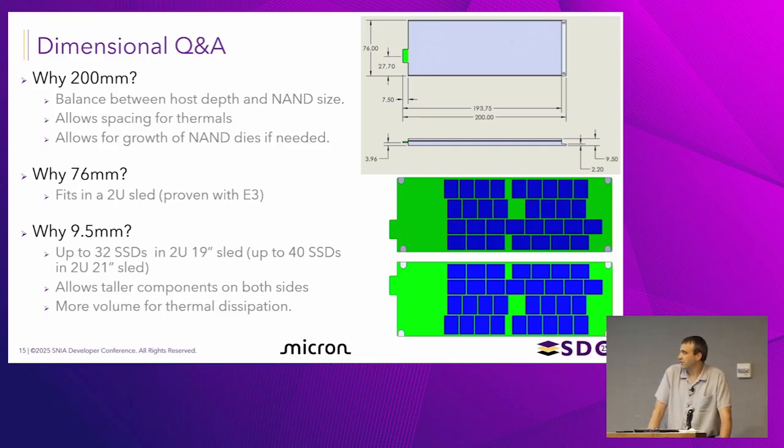This also gave us some good space for thermals. We could space out the NAND die better. We could do some interesting things. If you didn't want to put 64 on here, for instance, if you wanted to do 32, you could do one-sided. You could think about what you wanted to do going forward for certain thermal applications. And lastly, it allows growth of the NAND dies if that was absolutely needed, as we look at increasing NAND capacity over time,